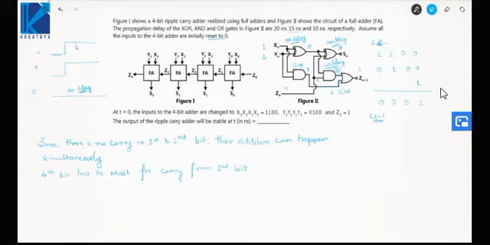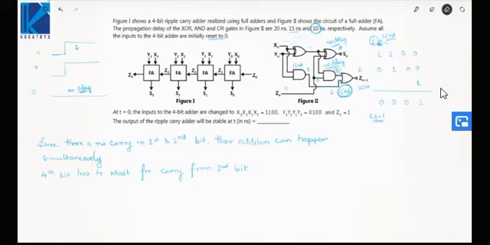The output of 0 and 1 will be 1. But for that it will need this 1 at 15 nanoseconds. So this 1 will come at 25 nanoseconds, because the OR gate will give a delay of 10. Remember, when an OR gate wants to give an output of 1, one input should be unity. If no input is 1, the output of the OR gate can never be 1. So the input to the OR gate becomes 1 at 15 nanoseconds, so it will wait till 15 nanoseconds and then its output will go to 1 at 25 nanoseconds. That means this carry is being propagated to the next bit at 25 nanoseconds.